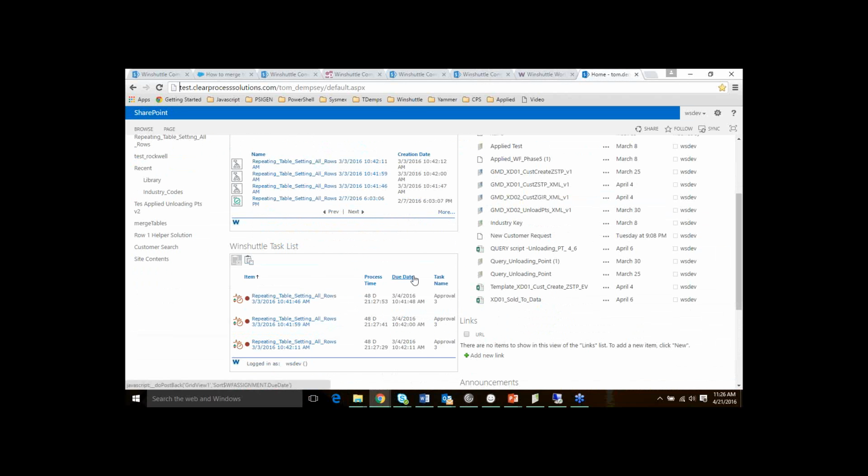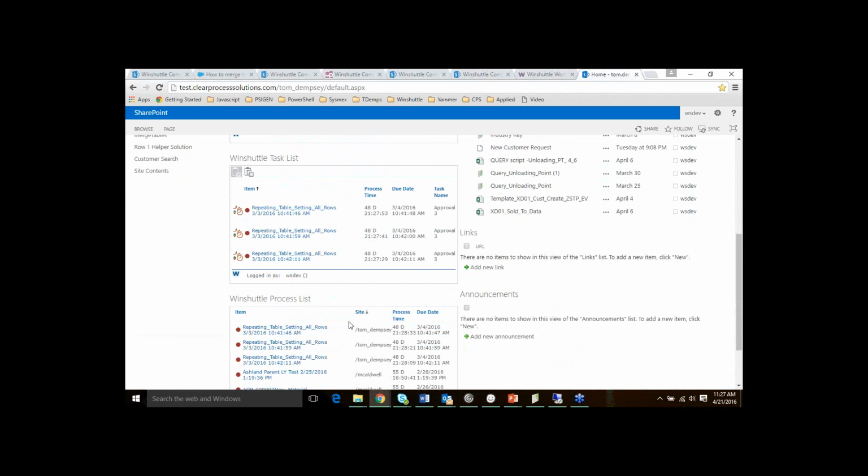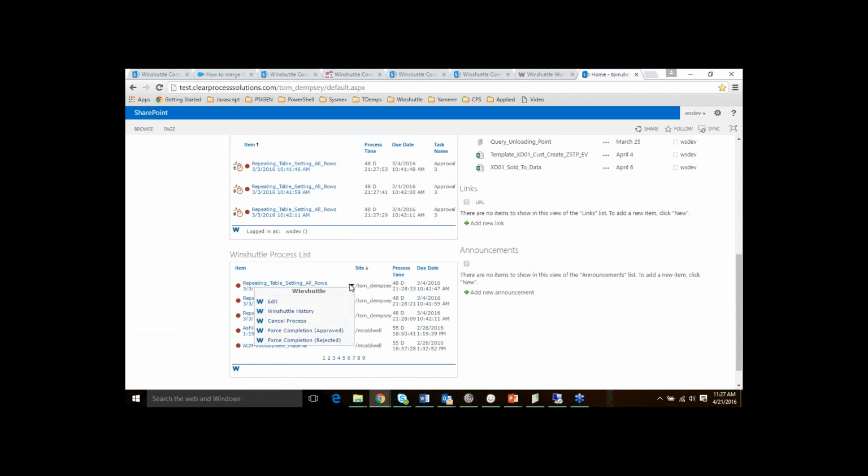So originally, the only way I knew how to change this was to come down here to the process list and hit this drop-down menu for one of the running processes, and you cancel process. Then you have to go to the next one, and cancel process, and then again. So it becomes a lot of tedious work that can be saved